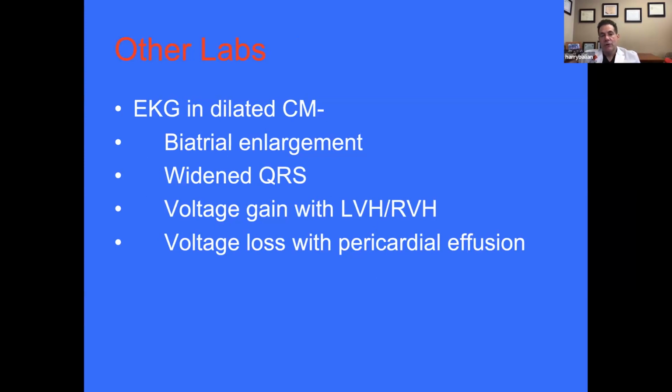An EKG is performed, and if they have chronic signs of cardiomyopathy, you're going to have biatrial enlargement. You're going to see widened QRS, the electrical signals. If they have underlying hypertrophic cardiomyopathy and subsequent heart failure, you can see voltage gain. And if you have other infiltrative causes such as amyloidosis, etc., you can actually see voltage loss and low voltage